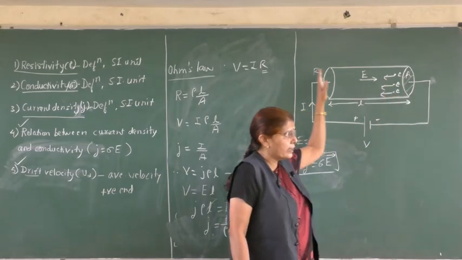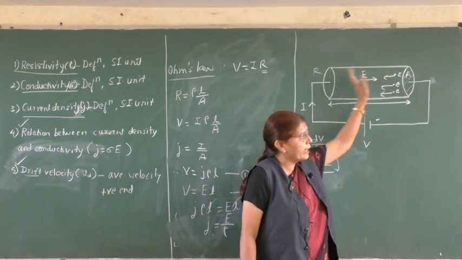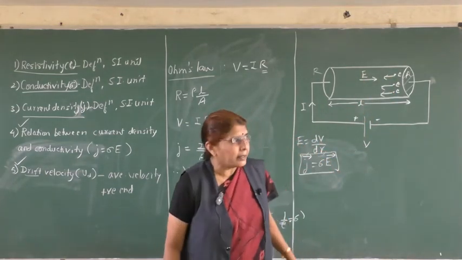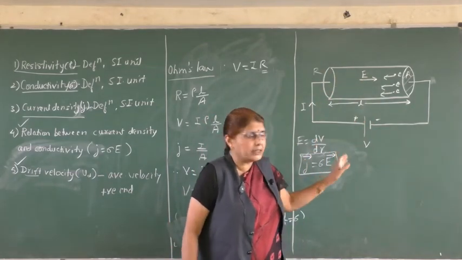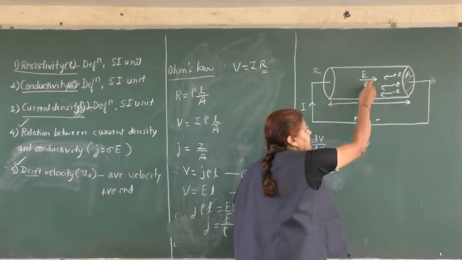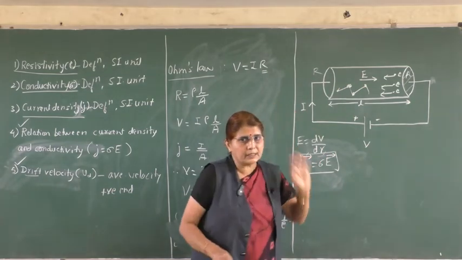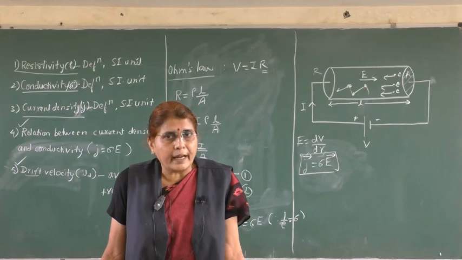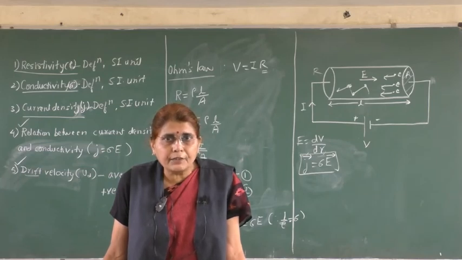Whenever you apply a battery, you may feel that electrons are moving along a straight line. They do not move along a straight line, but because there are many atoms in the conductor, when they are moving towards the positive end, they collide with different atoms in the conductor, and the path is zigzag like this. While moving towards the positive end, they encounter many collisions, and after colliding with different atoms in the path, they are dragged towards the positive end. So this is regarding the quantity drift velocity.